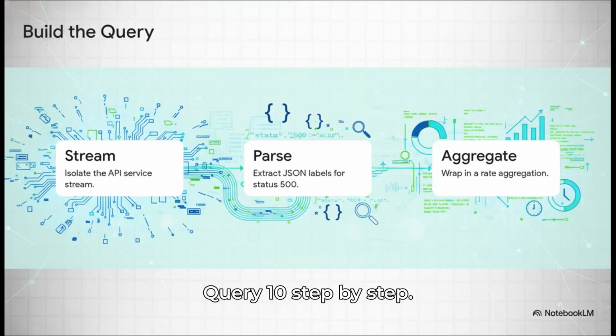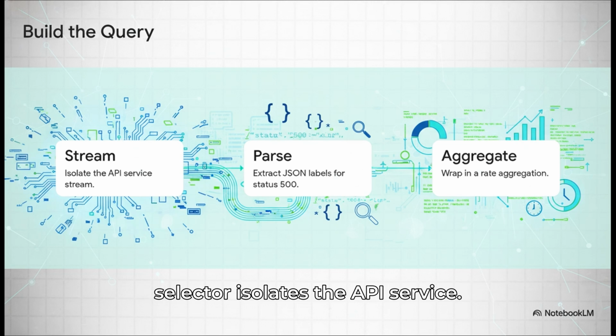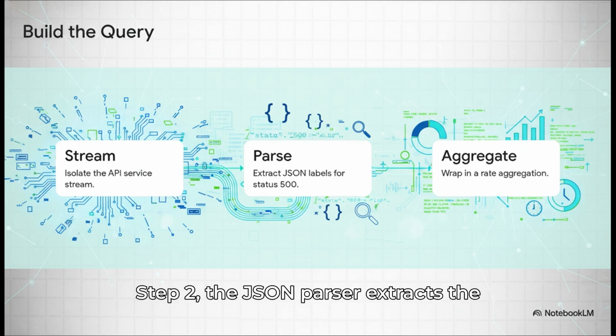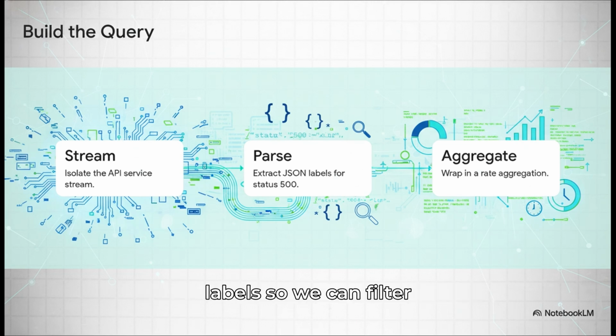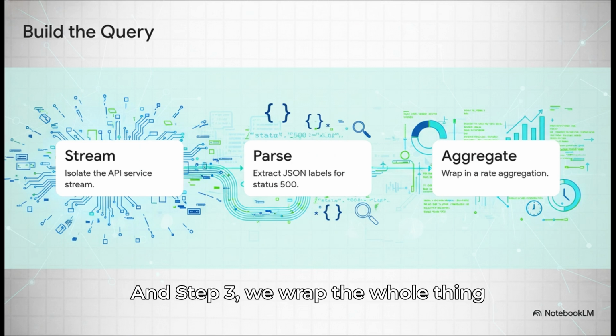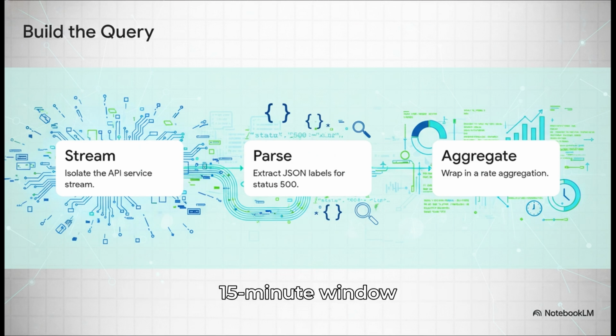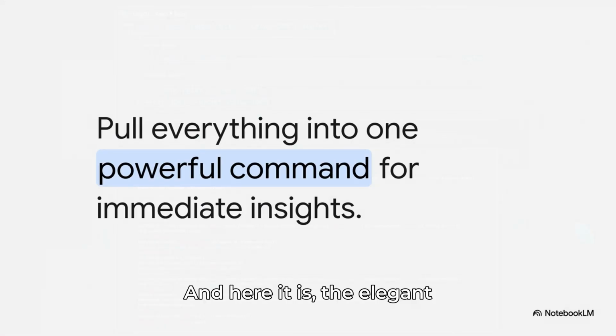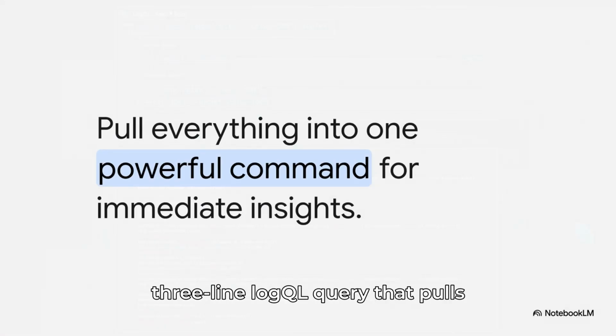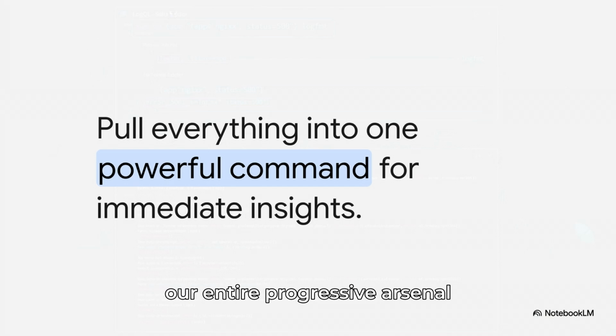Well, we build Query 10 step by step. Step 1, the stream selector isolates the API service. Step 2, the JSON parser extracts the labels so we can filter for exactly status 500. And step 3, we wrap the whole thing in a rate aggregation over a 15-minute window grouped by the API path. And here it is, the elegant 3-line LogQL query that pulls our entire progressive arsenal together into one single